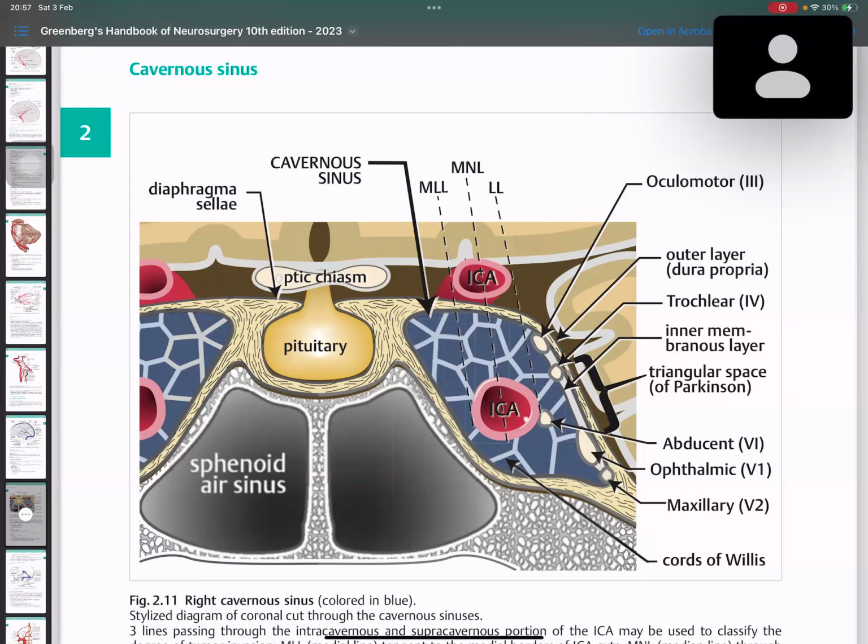It's a really rich parasellar drainage, which not only acts as a main protector for part of the ICA, like we saw, the C4 segment of the ICA, but also